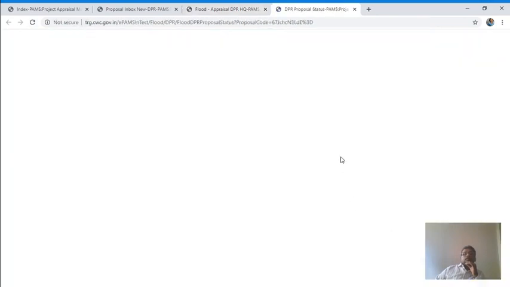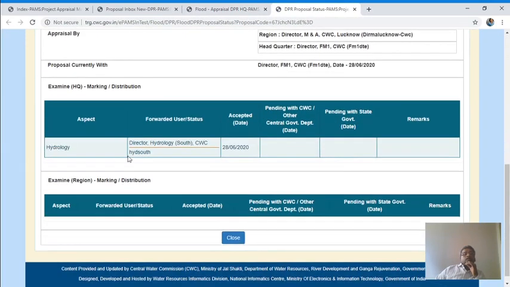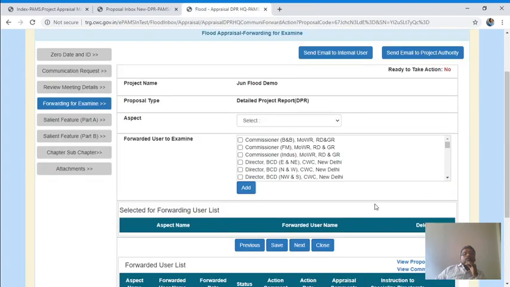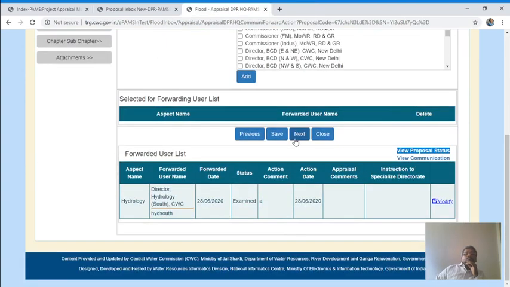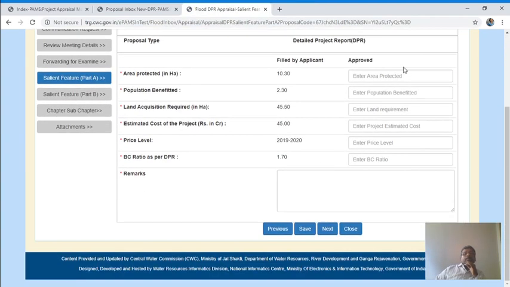What is the proposal status? Now your appraiser will have to complete, then you have to give the approved parameter.